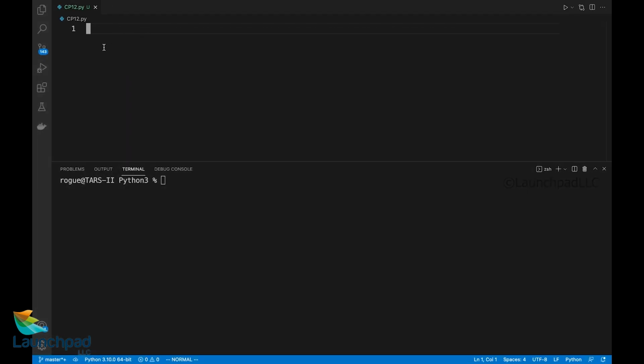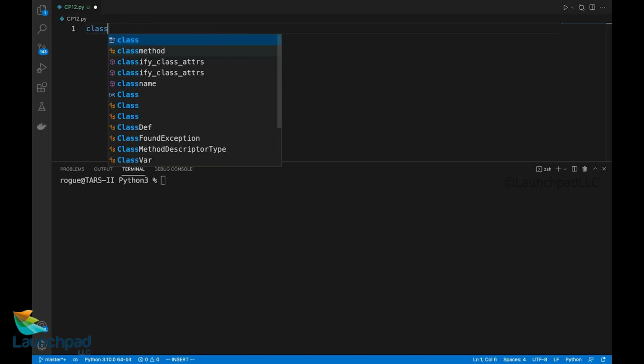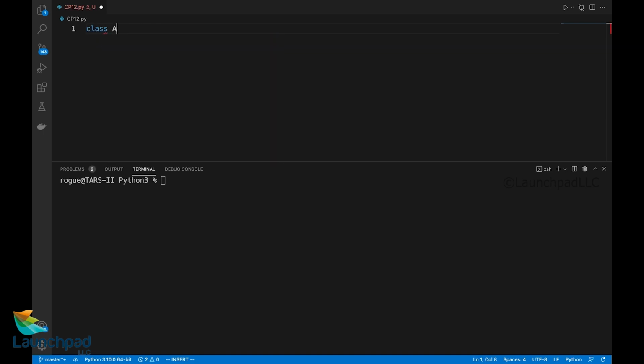To create a class in Python, we use the keyword class followed by the class name. I'm using the name capital A and a colon to end it. Since there is nothing such as declarations in Python, we directly head down to our constructor function. The constructor function in Python is quite different from what we had in C++ and Java.